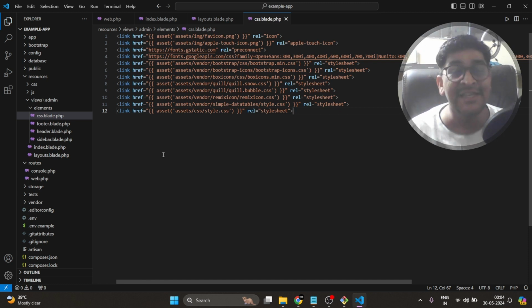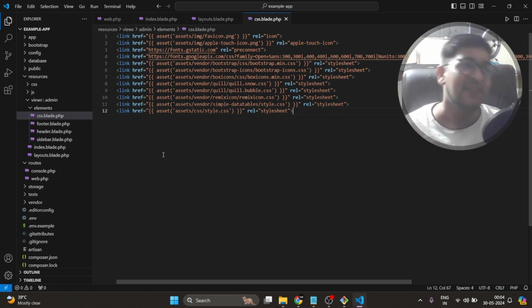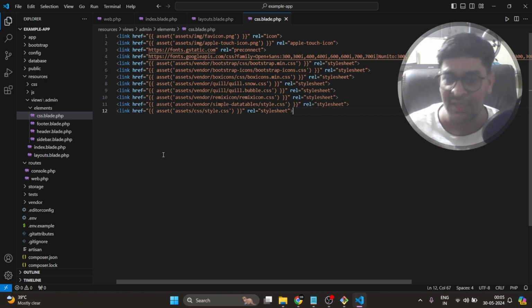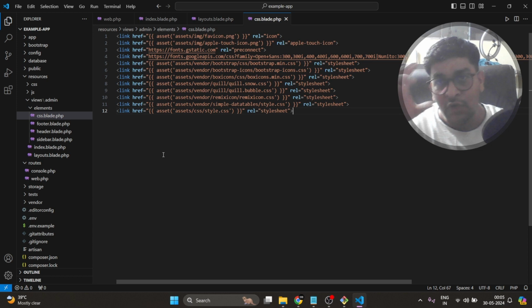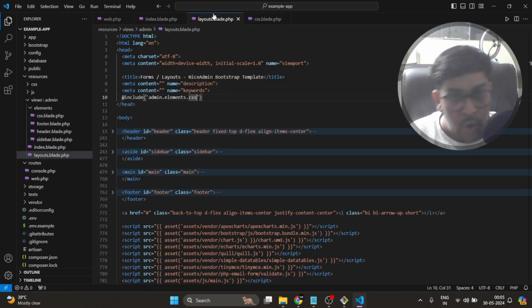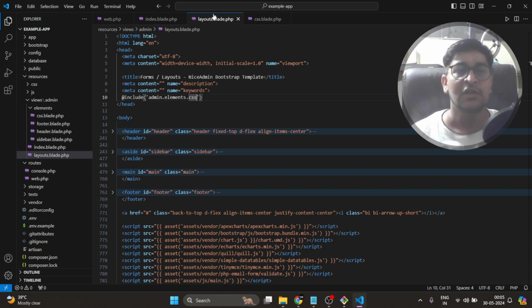Yield works as a placeholder. Placeholder means you replace some content at a particular place, like a string replace. Somewhere something is written, and you replace that entire content with this. But it is also important if you want to insert specific content from an entire file. I will give you an example later, but understand why we have include here: include is used when you insert any file directly into your file. So I have used CSS here.